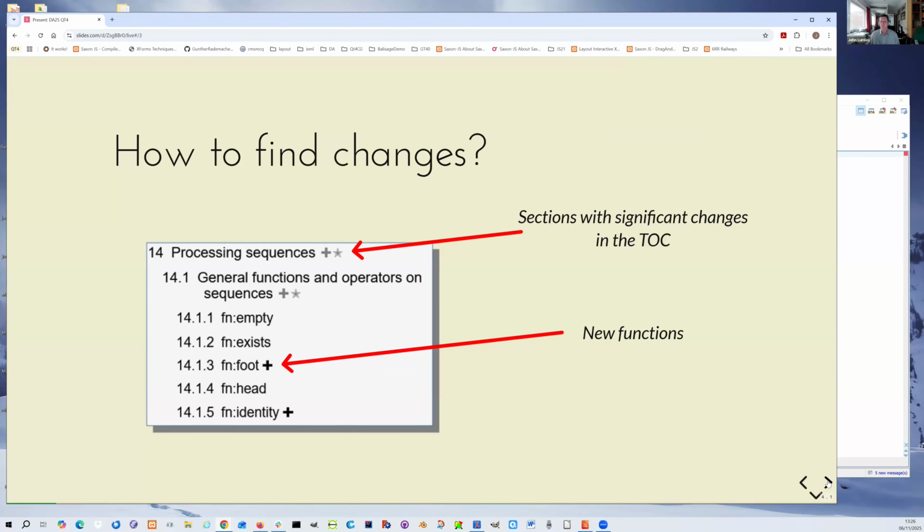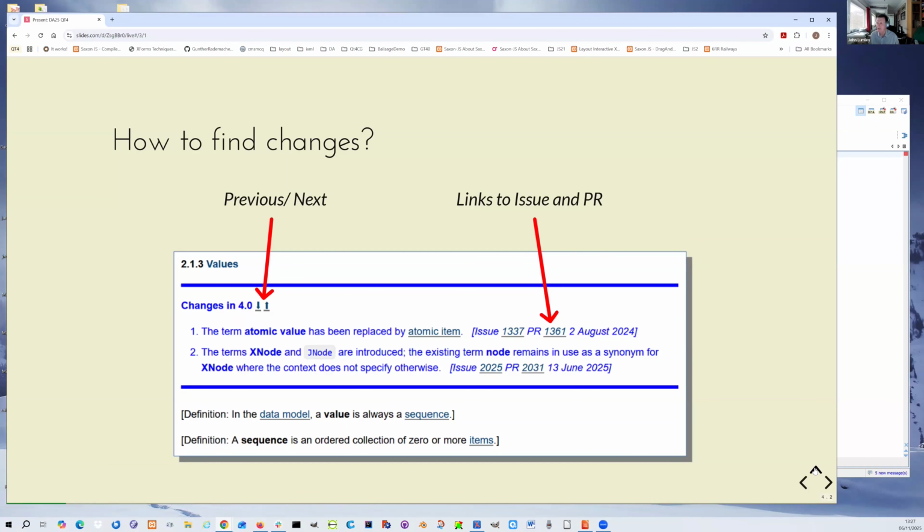If you get into the spec itself, anywhere there is a change at the level of a header, there will be a bar here which will tell you what has been changed. It'll discuss it. It will also give you pointers to the issues and the pull requests